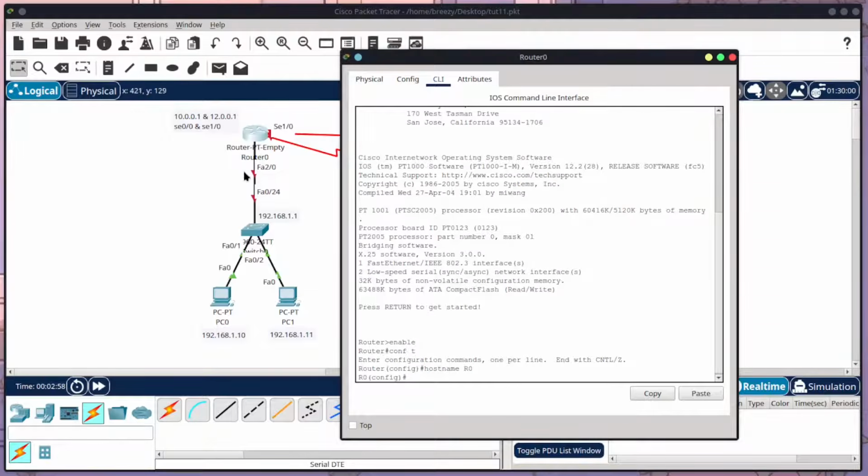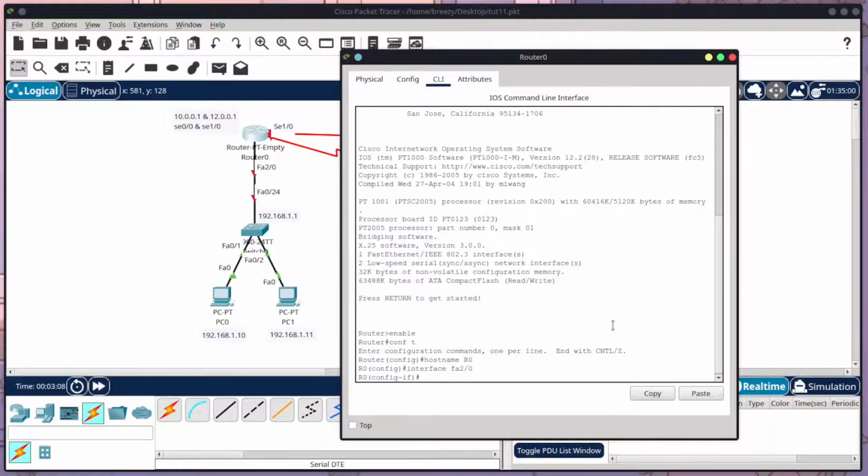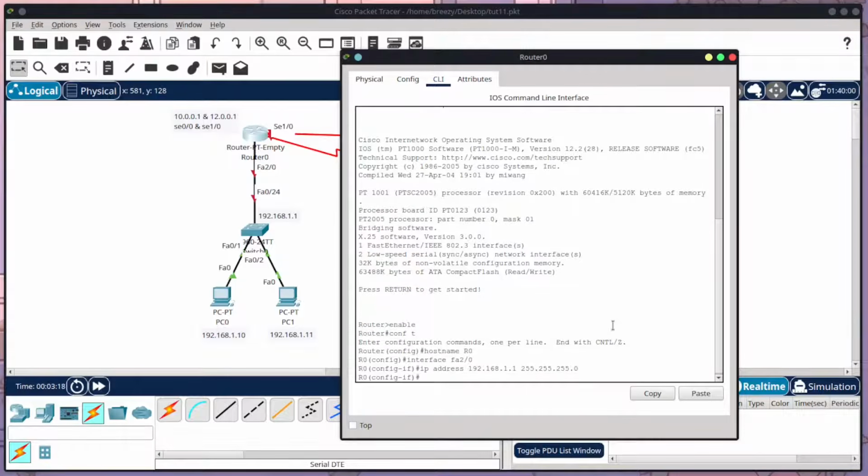And now I'm going to set up for the switch. My switches are always FA 2/0 for all of my routers. So I'm going to type interface FA 2/0, enter, IP address of 192.168.1.1, subnet mask of 255.255.255.0, enter. No shutdown,